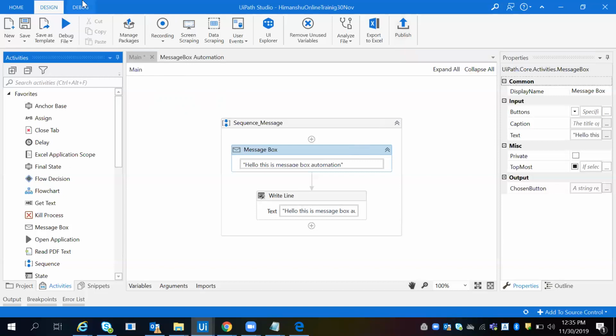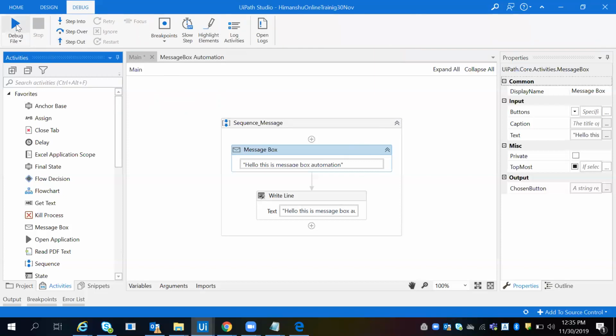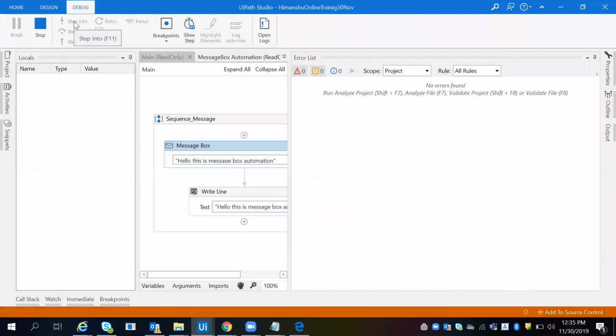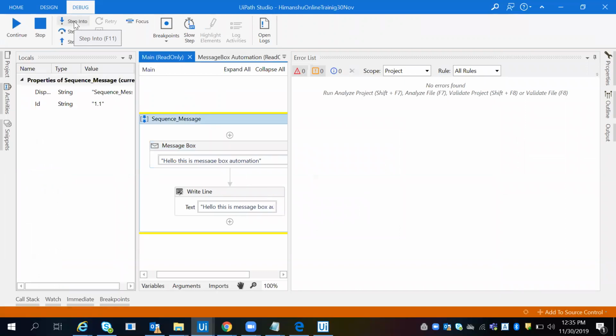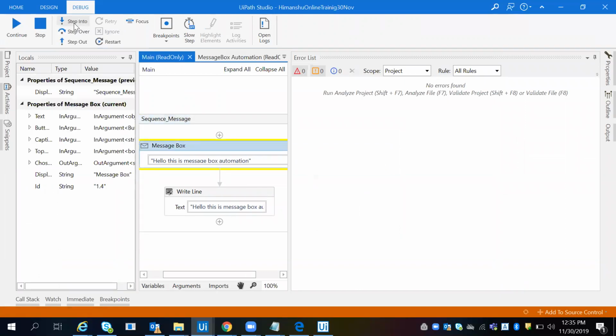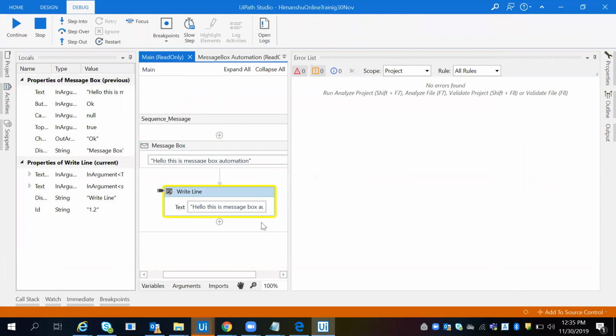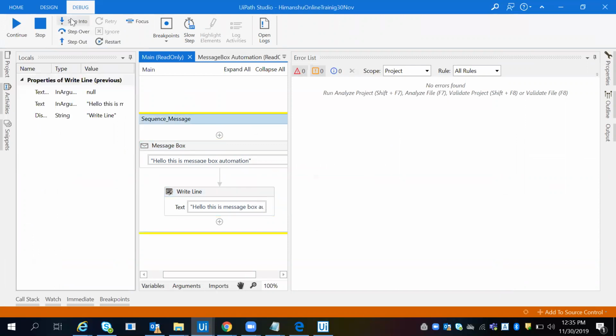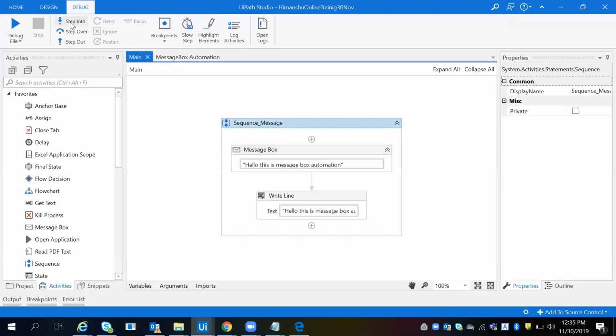You can see here we have a debug part also, like debugging all the things. Suppose you ask what is debug, so I will tell you. If you go inside the main and if you want to automate all the features very slowly, step into means one by one you have to click on step into. One by one it will automate all the activities and go ahead, especially one activity to click, and it will display all your data, and after that when it's fine, then it will go for the next button. This is called step into. This is part of the debugging, and automatically it will close your application also.